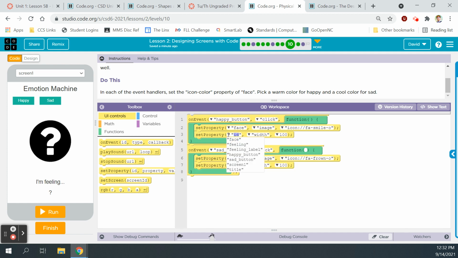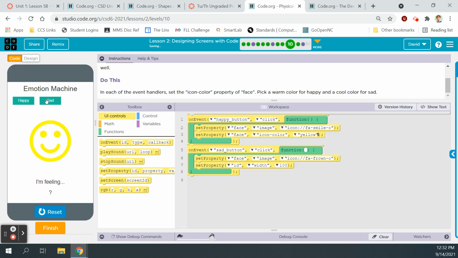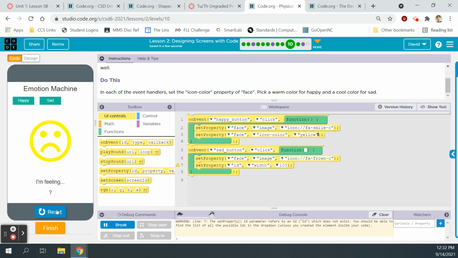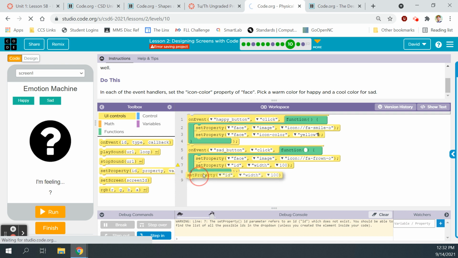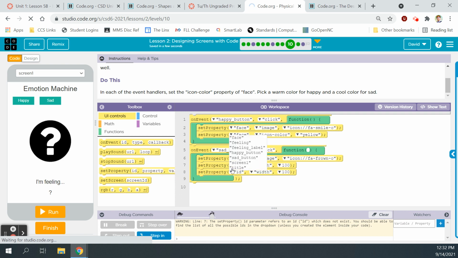And in this set property for the happy button, we're going to change the face. We're going to change the icon color, right? And we're going to choose maybe yellow for happy. Sounds good to me. I want to make sure that's working. Yep. All right, we've got a set property for the face